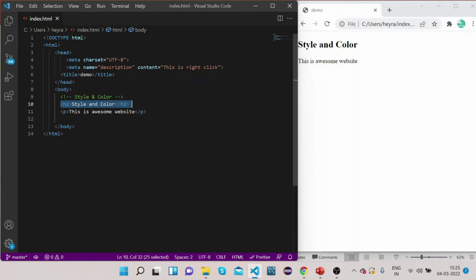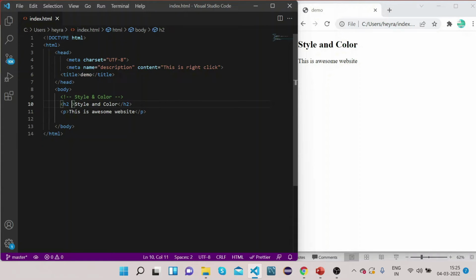So in this video we will just take a basic look at how we can apply styling on these HTML tags. We won't go very deep into the CSS. For that we have a completely different course of HTML with CSS. But in this tutorial I will give you the basic idea of how you can apply styling on your tags. Okay, so in order to apply styling, you can